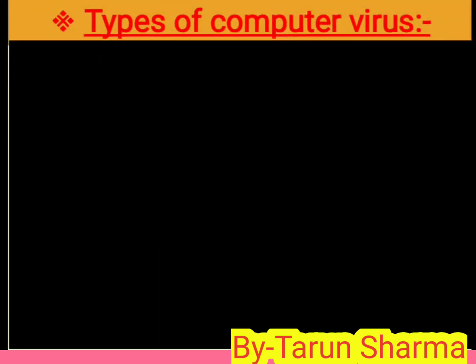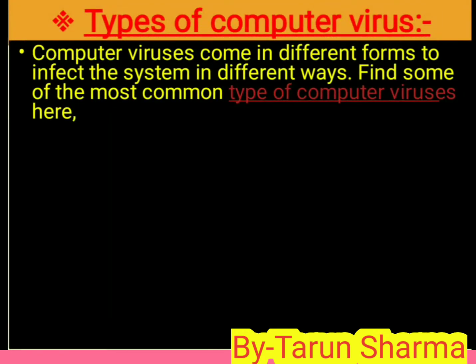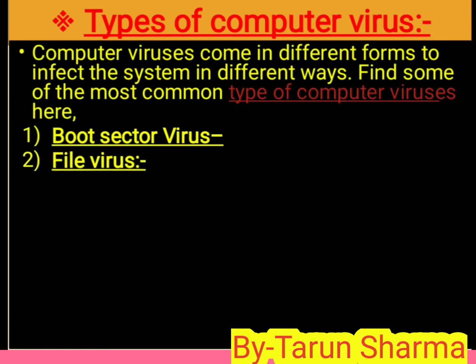Let us discuss some types of computer virus. Computer virus come in different form to infect the system in different way. Find some of the most common type of computer virus here. First is boot sector virus. Next is file virus and macro virus,